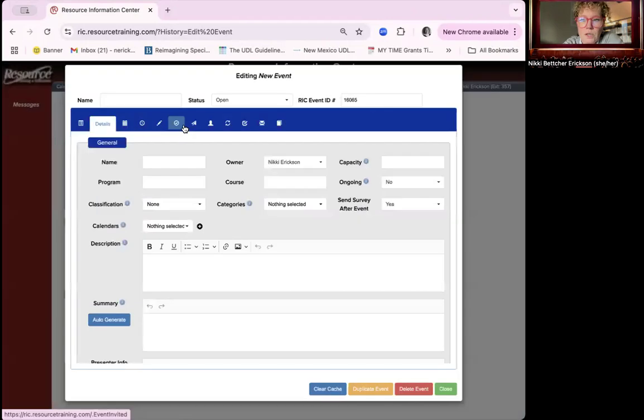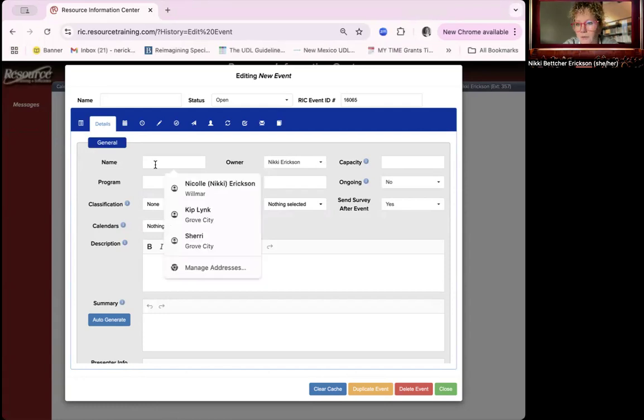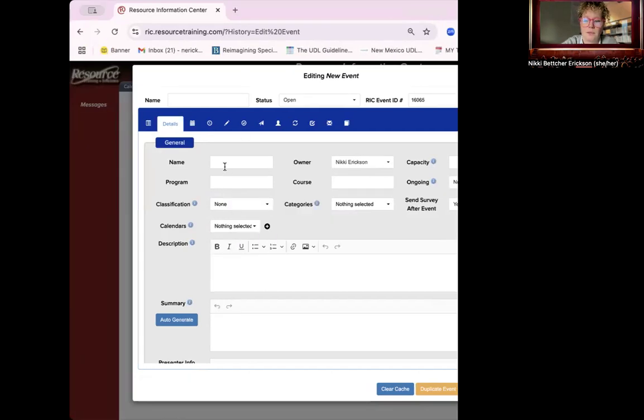Okay, so we have the screen with all of our brand new stuff that we can put in. What I'm going to do is go to our actual summer PD and look for one of my events that I am doing, which is my student engagement with project-based learning. So I'm going to put the name of the actual event right here in the top. So, increasing student engagement through